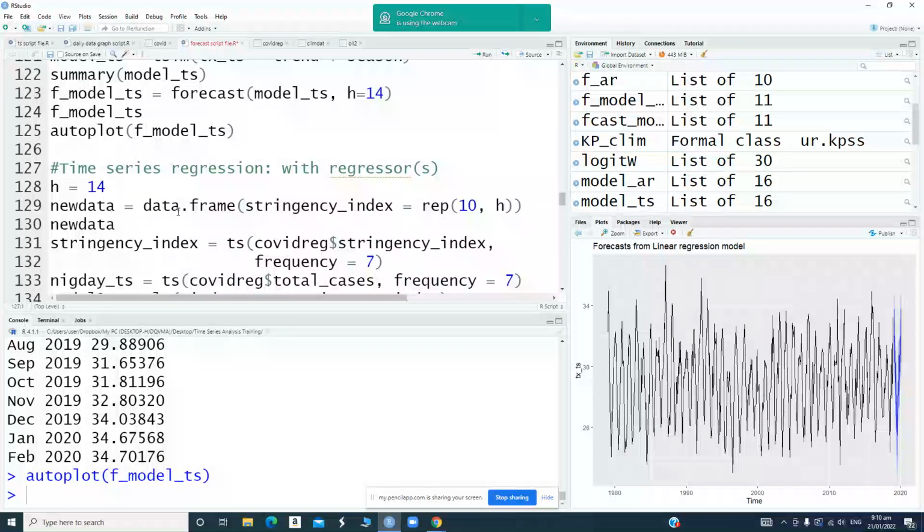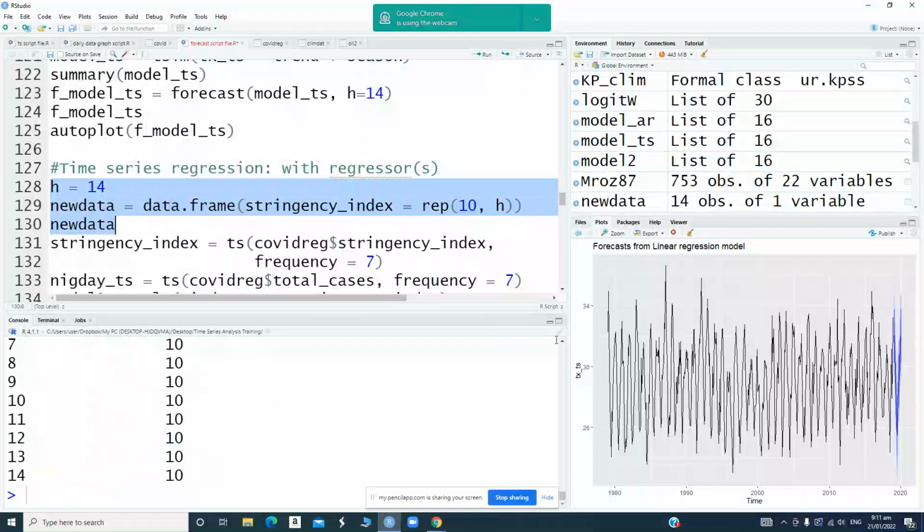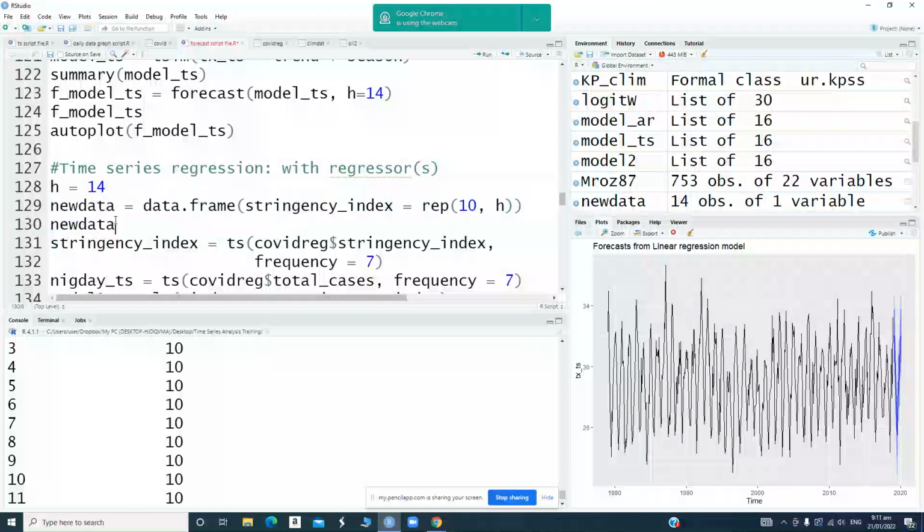So you have to generate the new data. There is new data, the data.frame, stringency index. We are repeating this 14 times. That is what the new data is talking about. So let's run this up to this place so that you see what we are talking about. We can see that we have repeated the increase of 10%. So now that you have your new data,